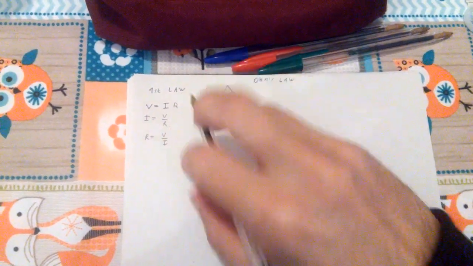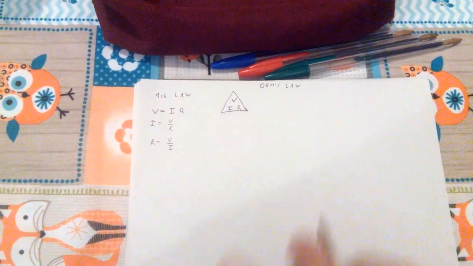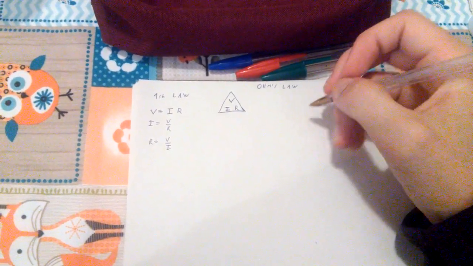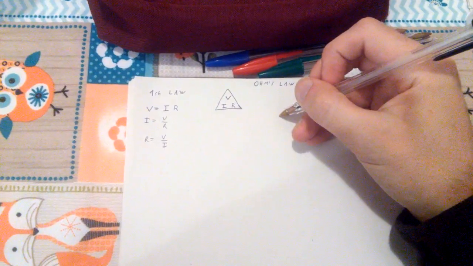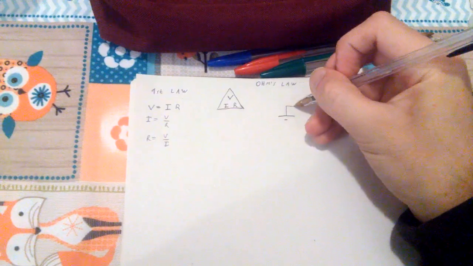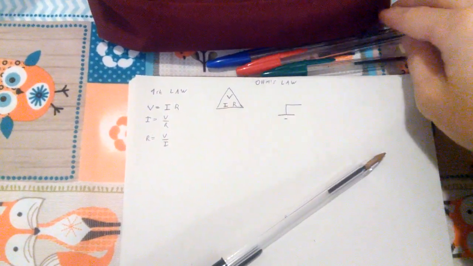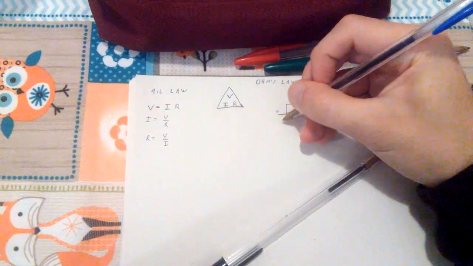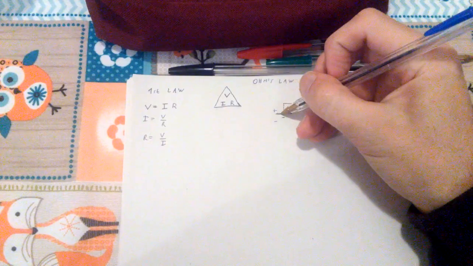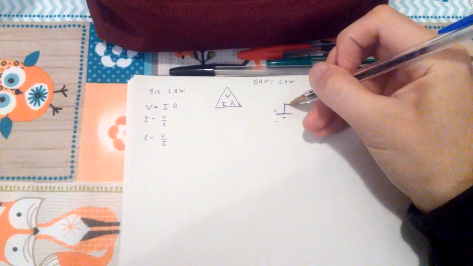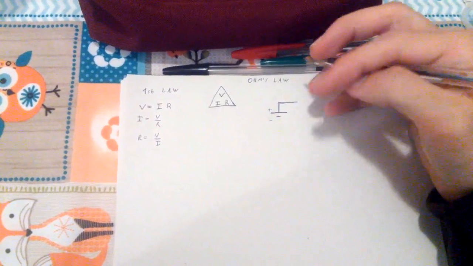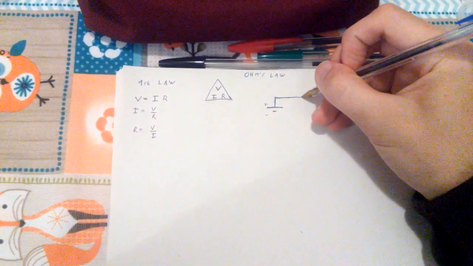Now the second law, and this is very important. But I can also offer you an example of the first law. If you have a voltage source, like this one, I'm going to put a plus and a minus here. Oh, I generally use blue for circuits. My bad. So if you have a power source here, a voltage source in particular, like a battery,